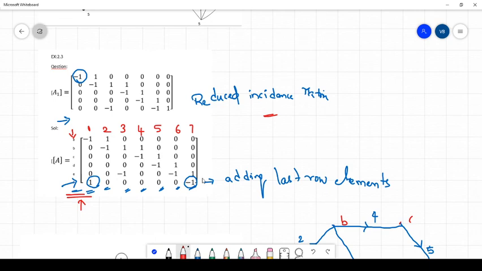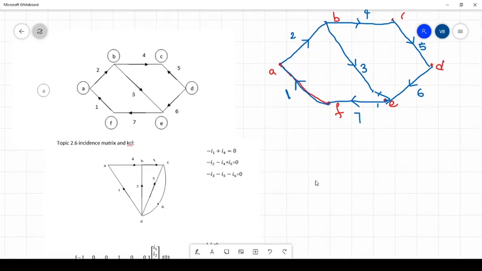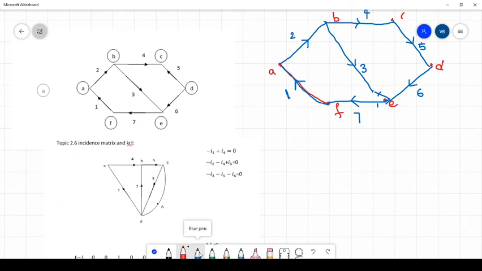So likewise, first you write the actual incidence matrix. After that, you try to draw the graph related to that particular incidence matrix like this. So this is about the incidence matrix, how we are going to draw the graph whenever the incidence matrix is given. In the next class we'll see how we are going to write the equations by using an incidence matrix or a graph, how we are going to draw the KCL equations and KVL equations. We'll see in the next class.